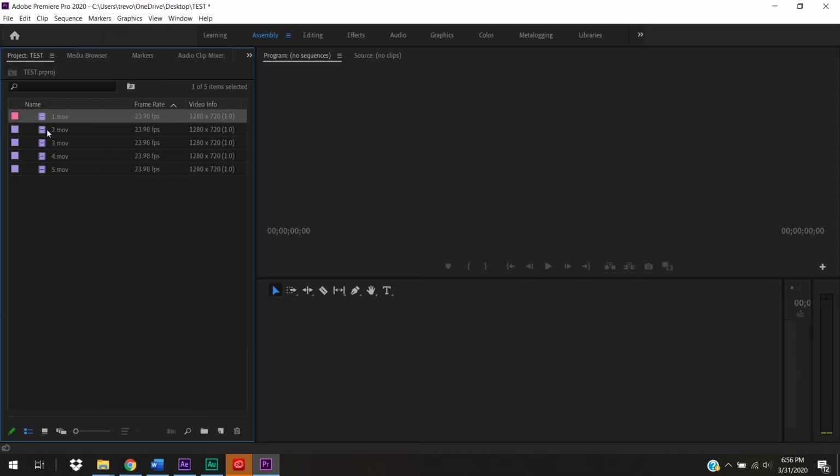Rose, if I want my label to be pink like that, or lavender, or any of those colors there. So I can actually use this as color coding for my videos. So if I find that some videos should not really be used in my edit, but I don't want to delete them out of there, maybe there's something useful to them, I can label them in a way that as soon as I bring them onto my timeline, I can see that label, and I can see them in my project window as being something that maybe I should be cautious about,